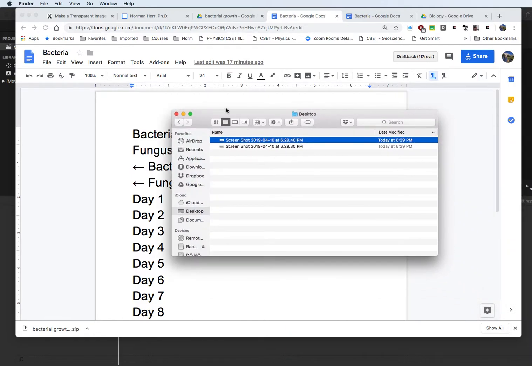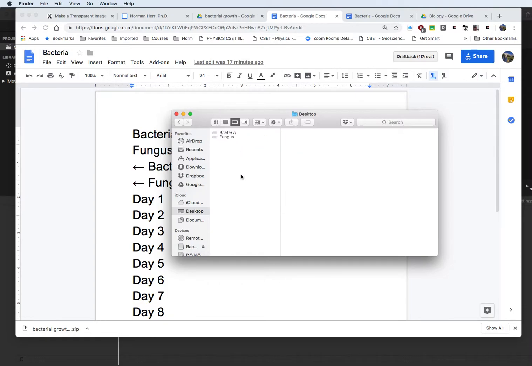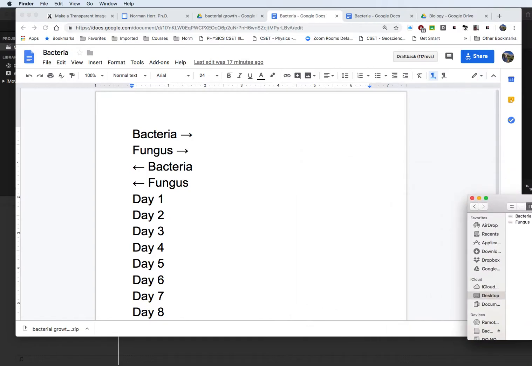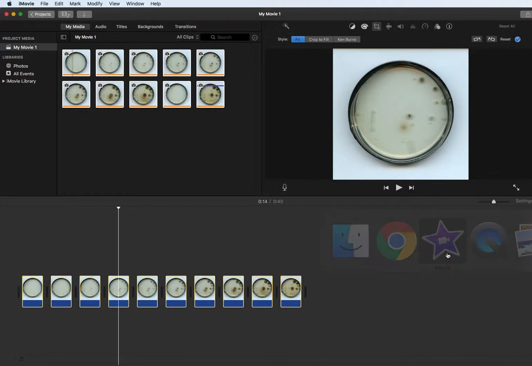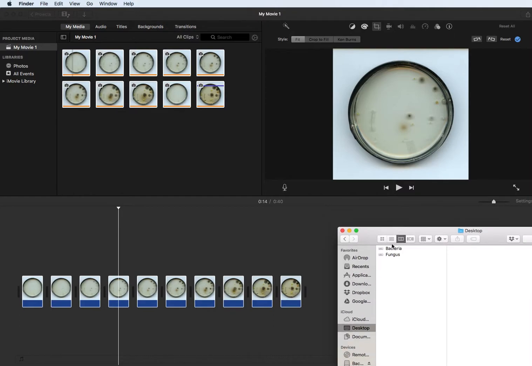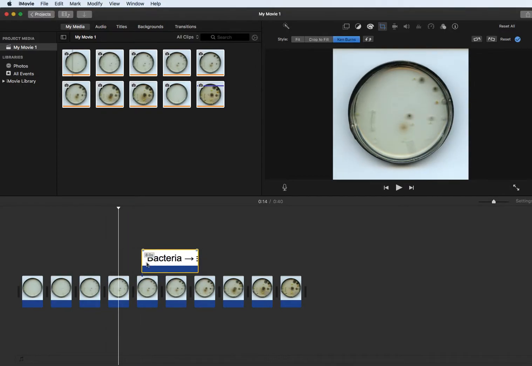And so if you preview them, you're going to see, okay, that one's fungus, so I can rename that fungus. And then this one here is bacteria. And so if I wanted to now add these to my movie, I can take these and drag them onto the movie itself. So I'm going to go back to the iMovie, and here's my images here, and I want to put these now as text onto this. So if I wanted to identify a bacterial colony, I'll drag this over here, put it maybe where I want to label it,